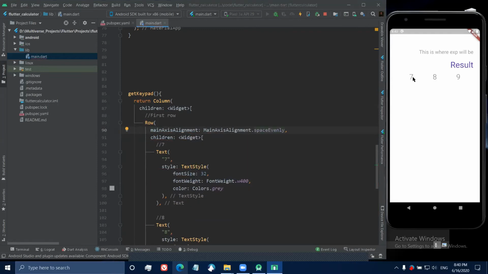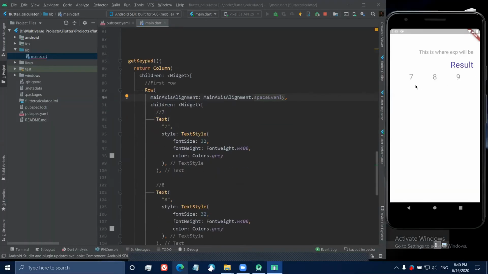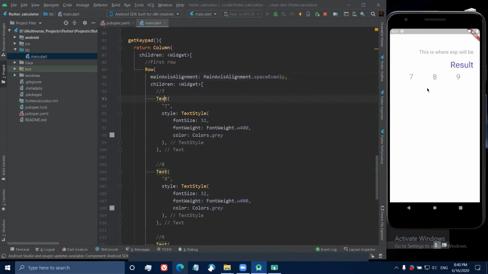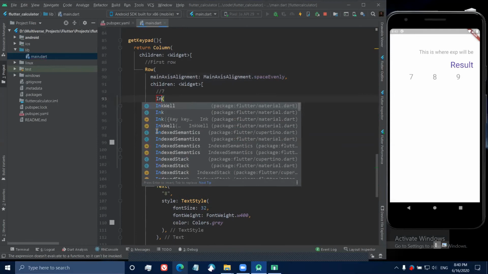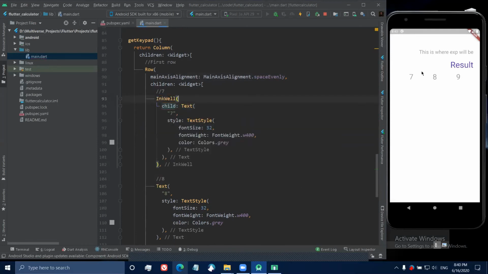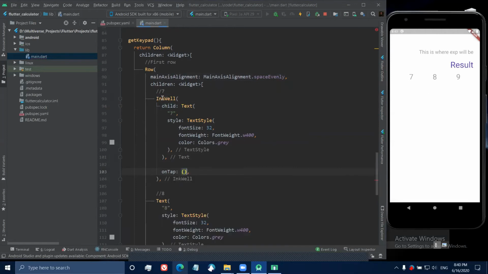A few things. This should be clickable, right? But we have not defined buttons here because we wanted 0 elevation and 0 colors, right? So we will have to do something to take the click action from the user. So what we can do is we can wrap the text in a widget called InkWell. What InkWell does is it gives us a method named onTap, right? So each and every time the user presses this, I'll say print